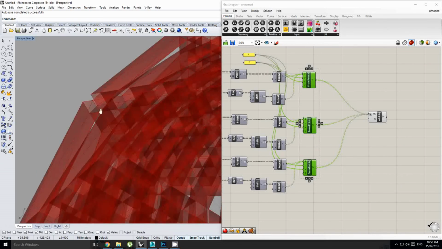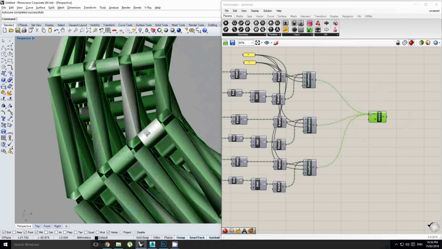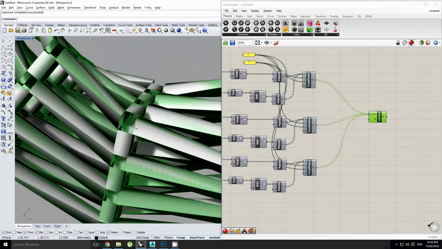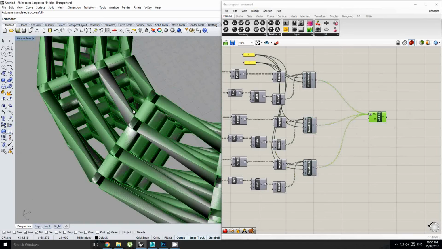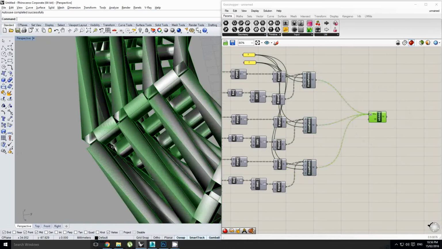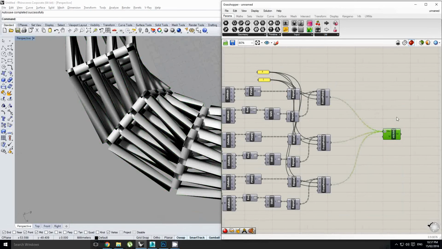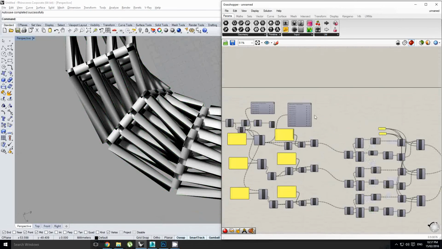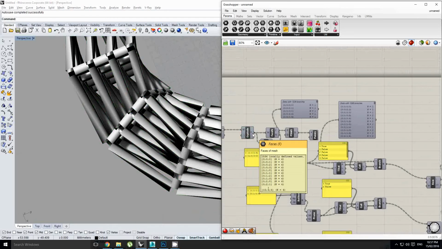And now you'll notice that we do have some holes in our mesh. So this is the last part of the definition. We need to find all of these corresponding holes. And the way we're going to do that is we're basically going to go out and do mass list iteming out. So let's see, from my mesh explode,